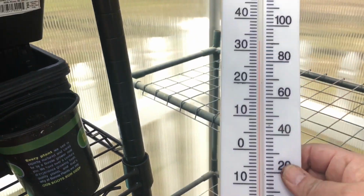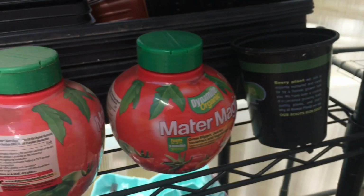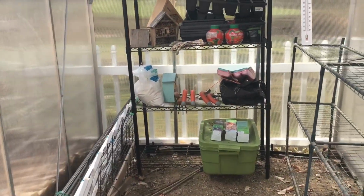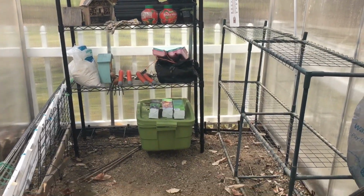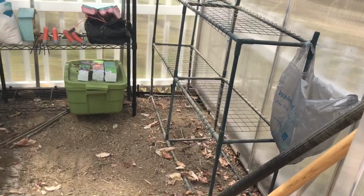Let's see what the temperature is in here. Oh man, it's up there. It's more than 90. So, let me get out of here before this wasp gets me. Last year I was stung about 6 times. So this is what it's gonna look like, and I'll bring you guys back when I start bringing things outside,